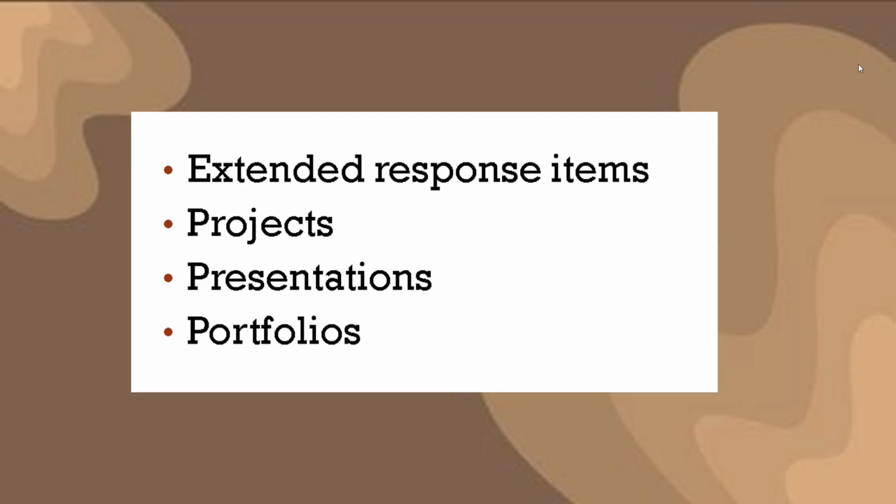Extended response items, projects, presentations, and portfolios. For assignments requiring subjective evaluations, such as essays, projects, and presentations, by providing detailed feedback to help students improve specific skills during peer review activities to standardize the review